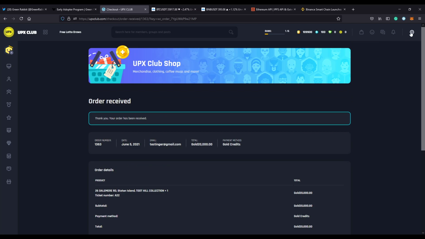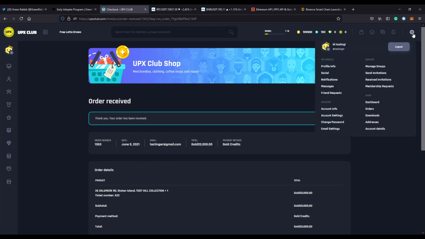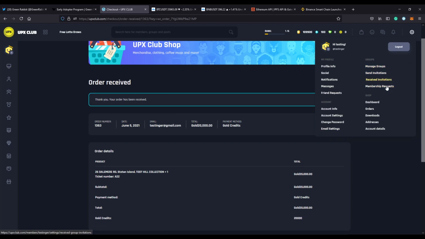So if you come up here to this cogwheel, you have basically all the areas that you can manage: your groups, your profile, your social, your notifications, your messages, your friend requests, all your account info. You can delete your info, you can delete your account, change your password, a whole load there. This is when you're running groups, you can accept people, invite people, administrate all your group. And then we've got the shop, we've got the dashboard, downloads. There's no downloads available at the moment, but there will possibly be downloads coming, or there will be